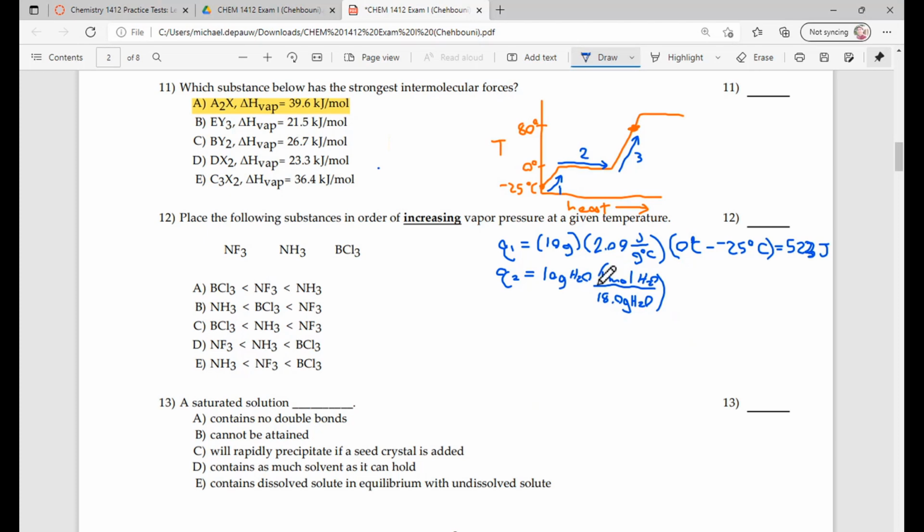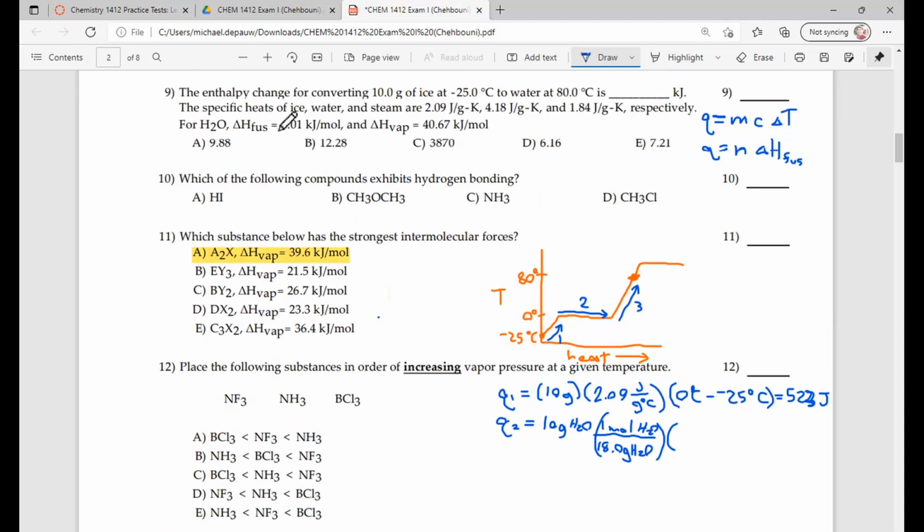So that's my moles. And then I just have to multiply that times my heat of fusion, which for water is 6.01 kilojoules per mole. And what does that give me? 3.34 kilojoules, right? Now,